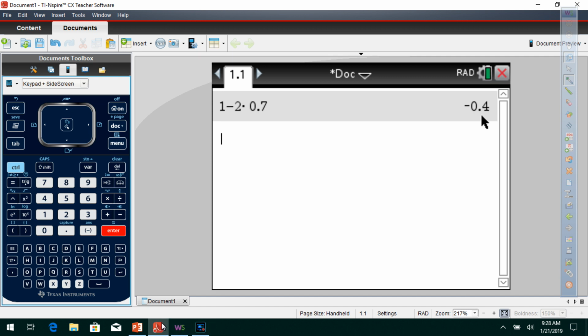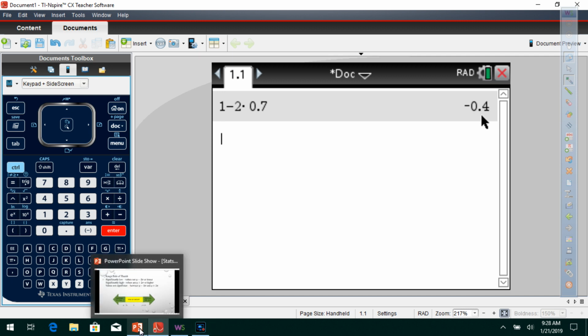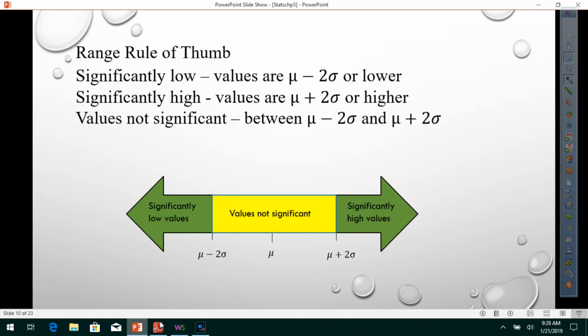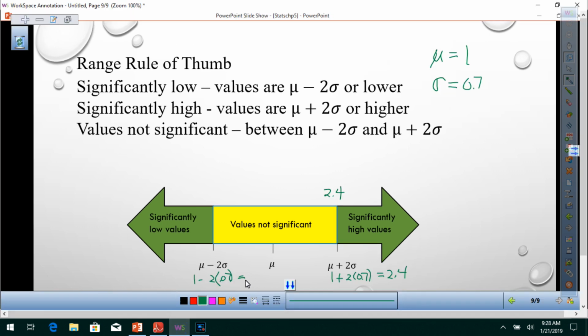And that's negative 0.04, negative 0.4. All right, negative 0.4 is right there. So